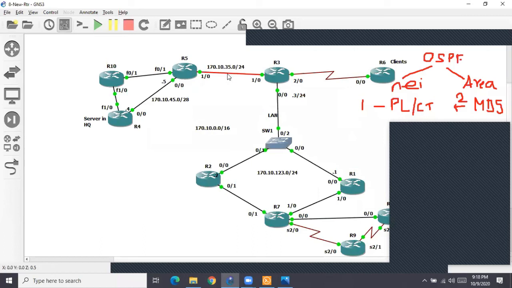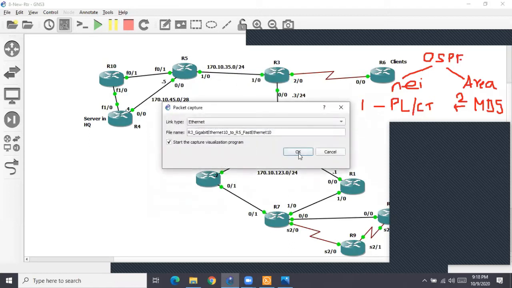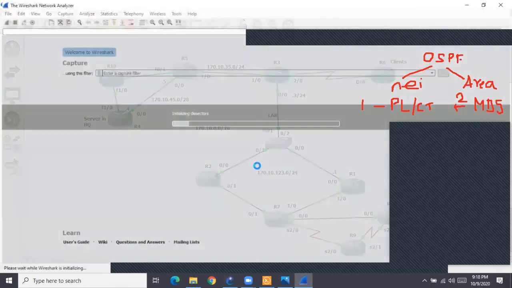Because the authentication field is always there in the OSPF header, some value has to be in the field. So if no authentication is there, what will be the value for the field? 0. Let me start the capture, because sometimes seeing is believing.